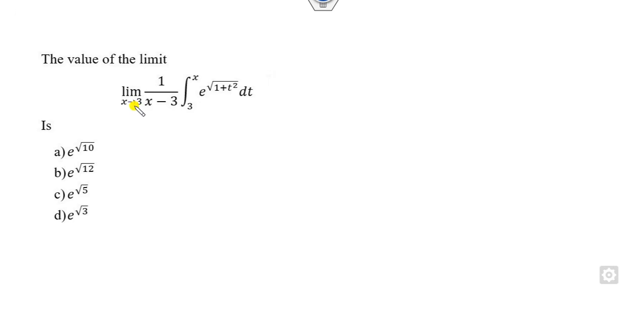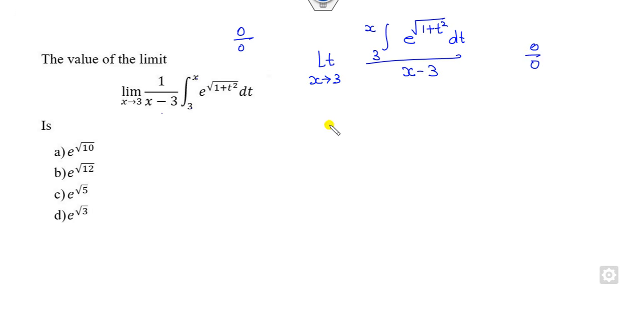Look at this one. Again, if x approaches 3, the limit is in 0 by 0 form. So I can rewrite this as the integral of 1 plus t square, divided by x minus 3. Then, because it's 0 over 0 form, you can apply the L'Hopital